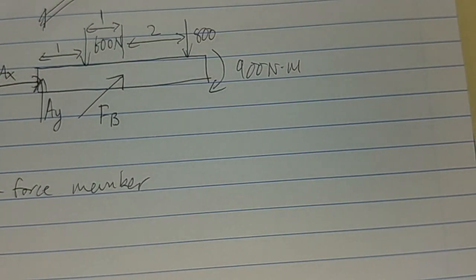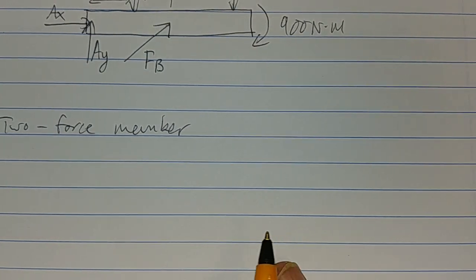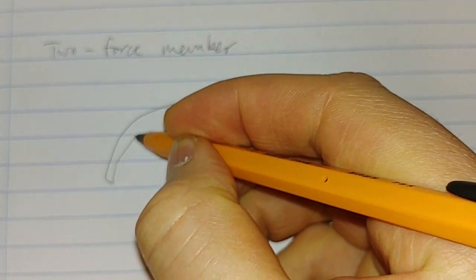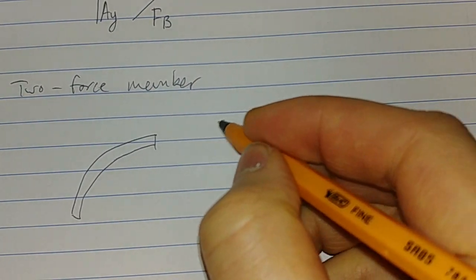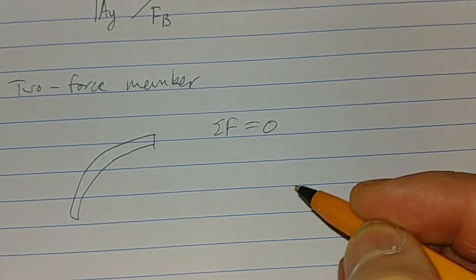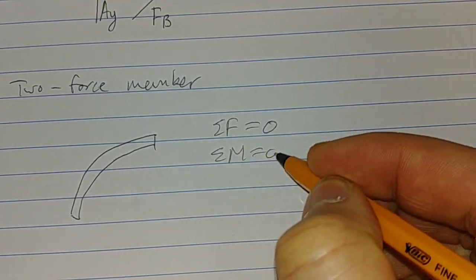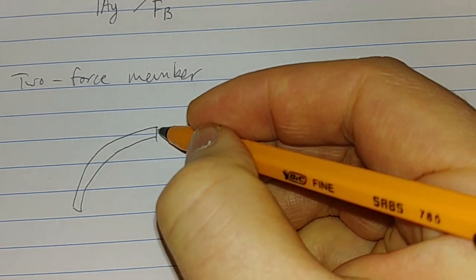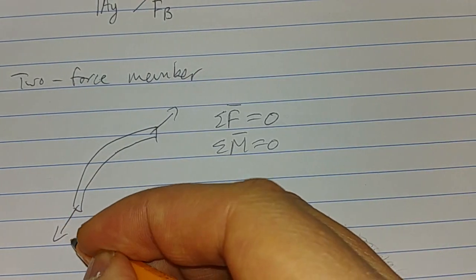Okay? So if I've got a two-force member here, and this member is in equilibrium, then the sum of the forces must be 0 and the sum of the moments must be 0, right? If this is in equilibrium, so if I've got a force here and I've got a force there,